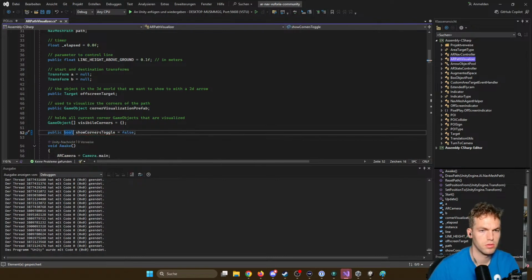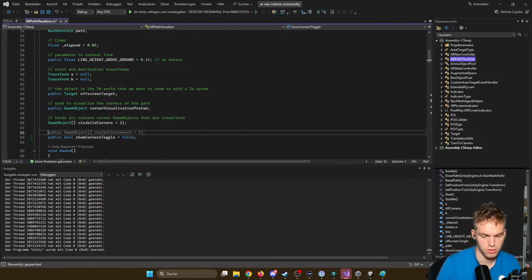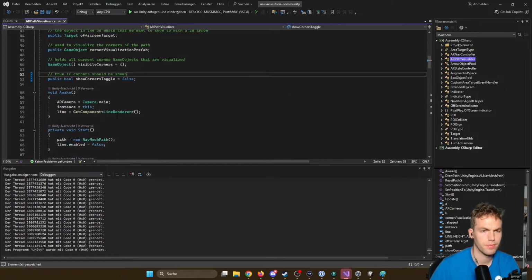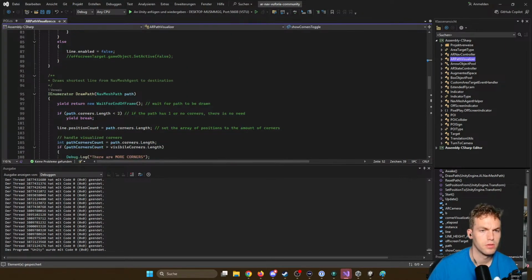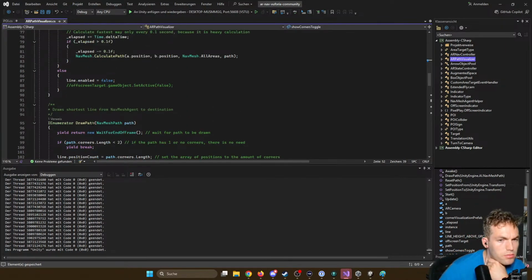Cool. I'm going to toggle clip false. So if corners should be shown, and then